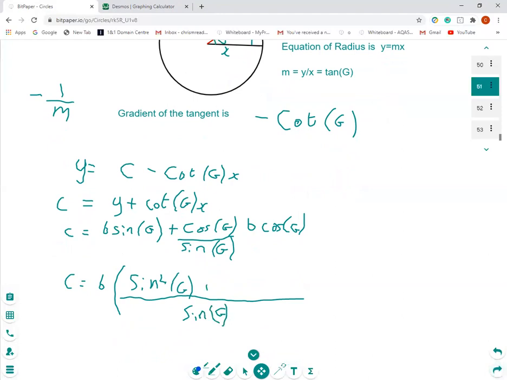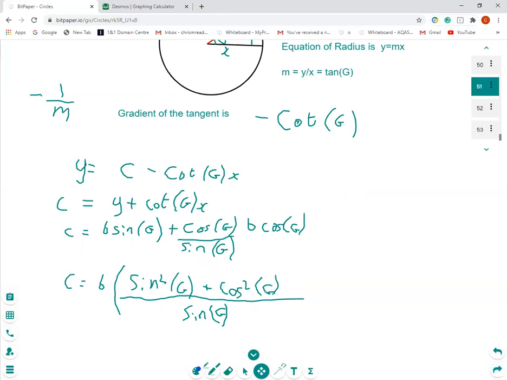That is sine squared g over sine g. That's the same as sine g. I'm just putting the fractions over the same denominator. So I have to change this into sine squared g over sine g. So it all becomes one great big bracket. Plus